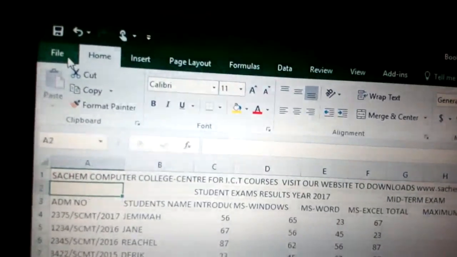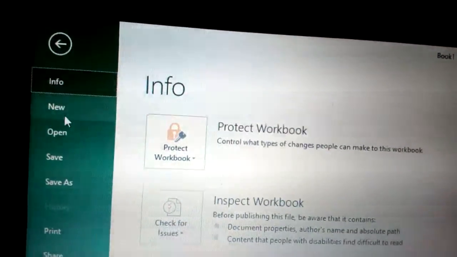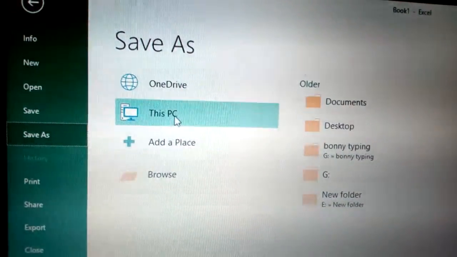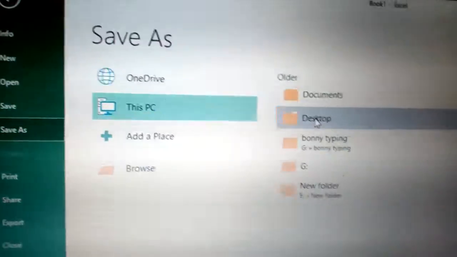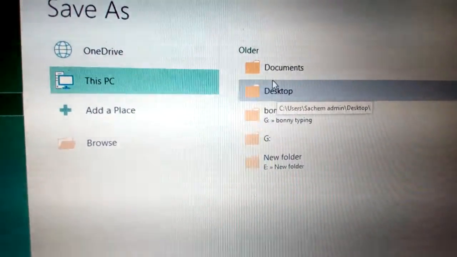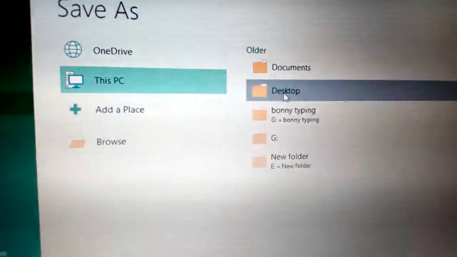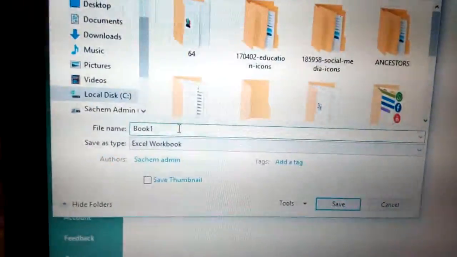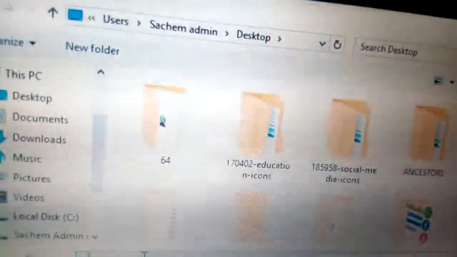You need to come to File and click Save As. As you click Save As, you have, for example, This PC, and now you can choose the desktop, My Documents, among others. For me, I may choose desktop, and now I put the name of my file here. I save as a student